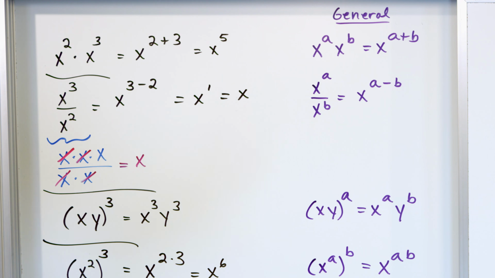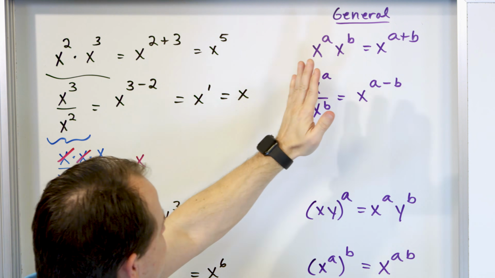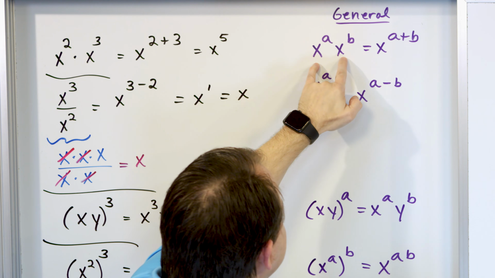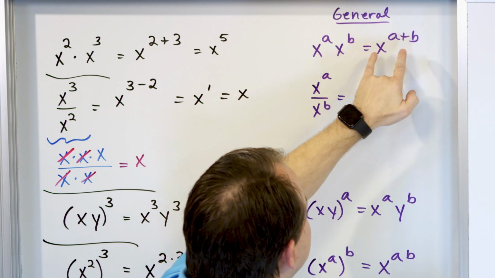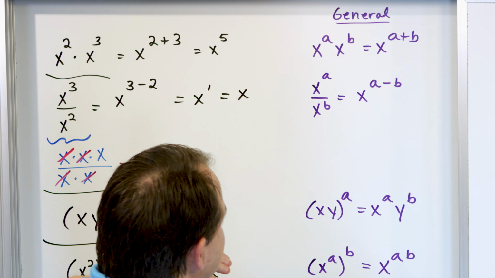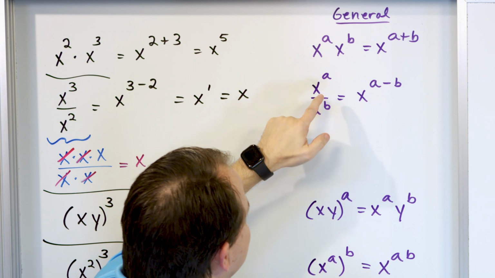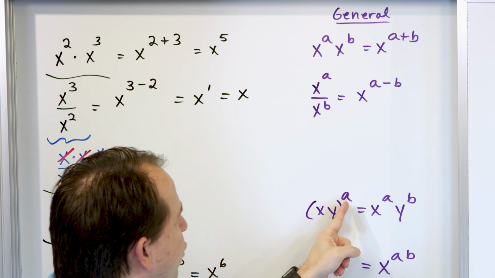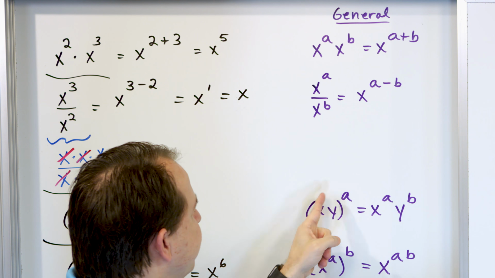So again, just really quickly, you have two things multiplied. Let's go to the general column. Since we explained it with numbers, we'll go to the general column. You have two bases that are the same with different exponents. You just add the exponents if they're multiplied together. If those things are divided, then you just have the same base and you subtract top minus bottom to get the new exponent. If you have two things multiplied together with an exponent on the outside, you kind of distribute this,